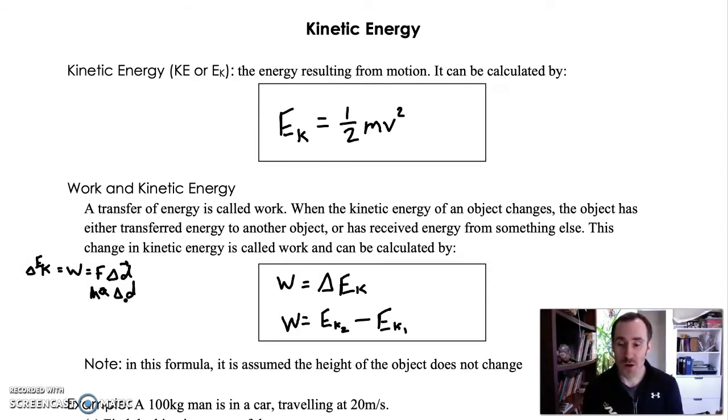And now comes a little bit of a tricky part. This A change in D part, we're going to sub that out with a kinematics formula. So the kinematics formula I'm talking about is V2 squared equals V1 squared plus 2AD. Okay, and notice this AD part over here. We're going to rearrange the formula to get AD by itself, and then we're going to sub in that extra bit back into our original formula. Okay, and so what we end up with is A change in D, or A acceleration times displacement, is equal to V2 squared minus V1 squared,